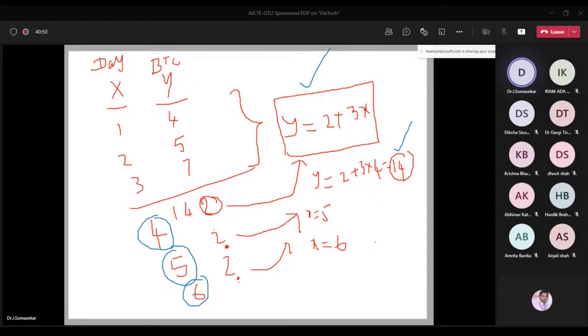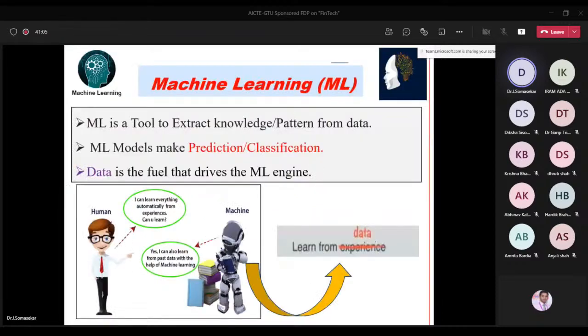We are going to go for weather forecasting or Bitcoin forecasting or prediction, or maybe medical diagnosis. Based on the symptoms of the patient, I have to decide whether the person has COVID-19 or not. So this is the basic idea of machine learning. That is what I explained in the definition. It is a tool to extract knowledge or patterns from the data. That means in the data, what I have considered is simple data, I made a model Y equal to 2 plus 3X, and based on that I made a prediction for the X value, and by using that we can go for decision making.